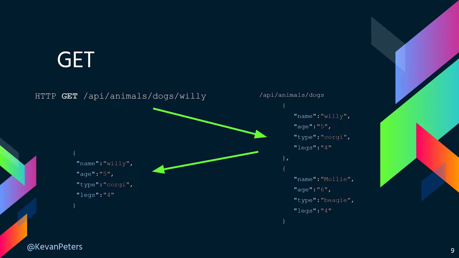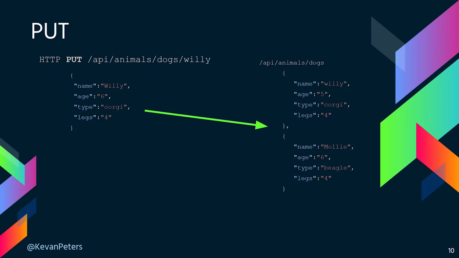This makes a GET operation idempotent, but it's kind of cheating because the GET request by nature isn't changing anything with each operation. It's just gathering information. If we wanted to change something in our application, we can use the PUT request. In this example, it was our corgi's birthday, and they're now 6 years old. If we wanted to bump the age of our corgi in our application to 6 years old, we can run this PUT request with our updated block of information for the dog named Willie, and this updates the age of